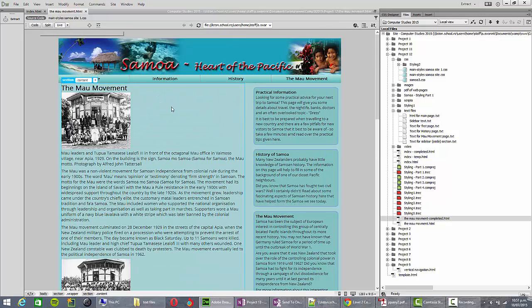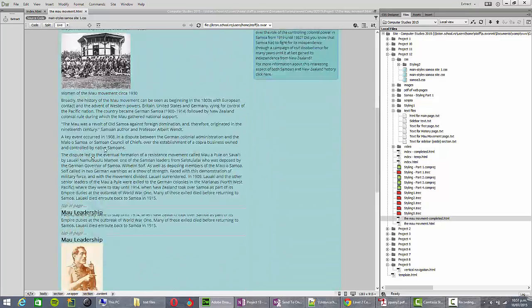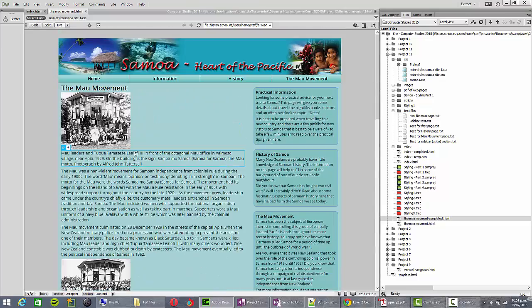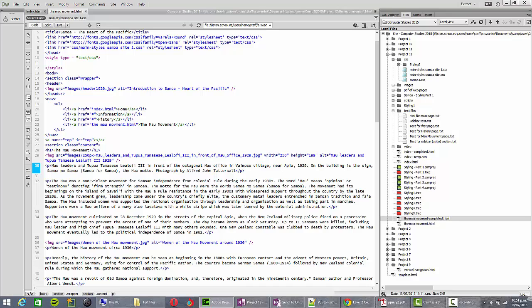Now at this stage here, what I'm going to want to do is I want these captions basically to become real captions, and also I want the text to move up next to the images here. Alright, so to achieve that, okay, we're going to do a little bit of styling here. Now one way of getting the caption to be in the position where we want, and this is definitely not the only way that this could be done, but is the way that I'm going to do it,